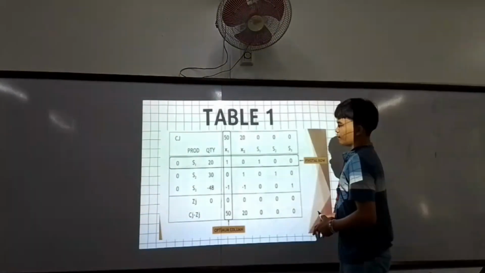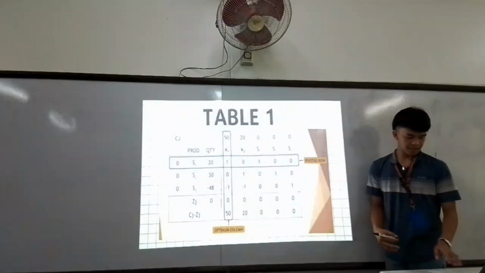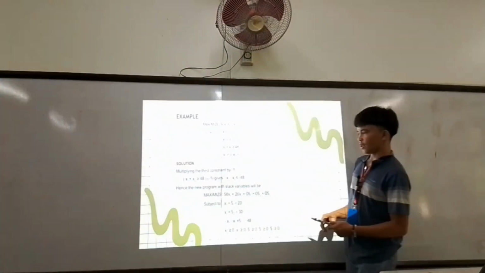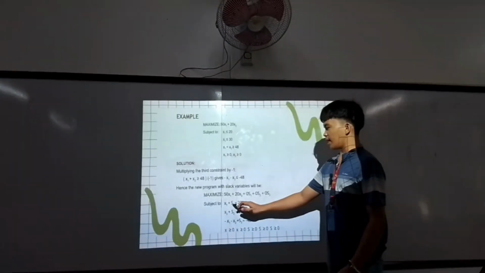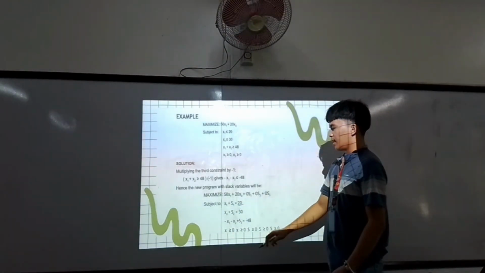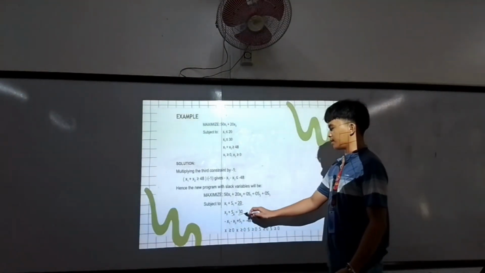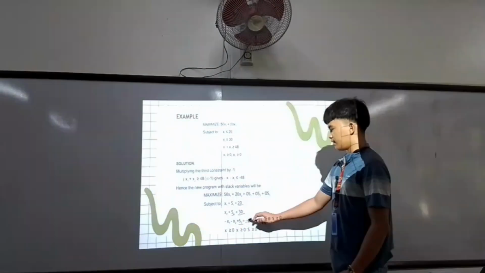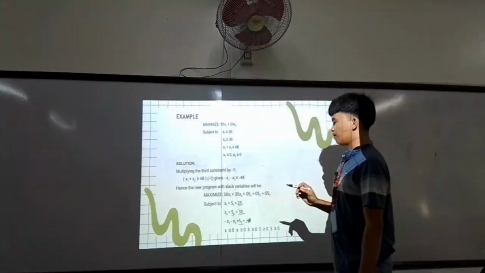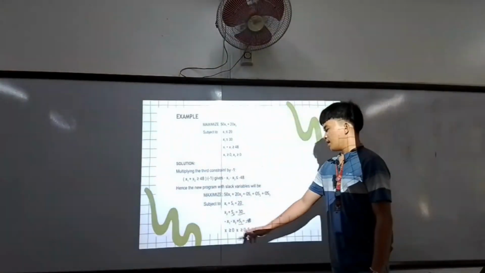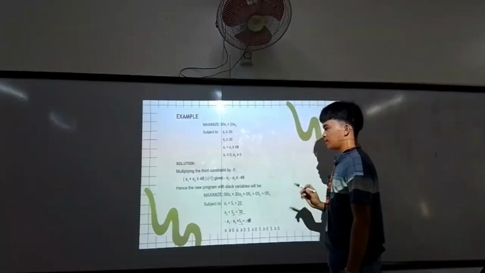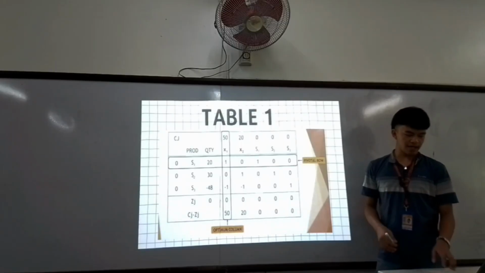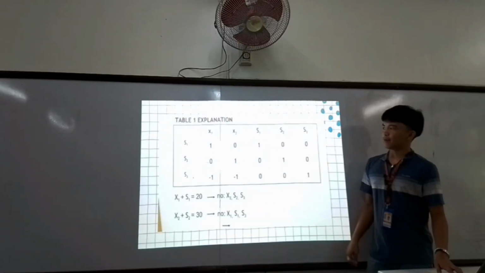If we check table 1, let's go back to our example. We have here S sub 1 equal to 20, S sub 2 equal to 30, and S sub 3 equal to 48. So our S sub 1 to 3 will become 1, 0, negative 1, and the rest are 0. See, for table 1 and table 1 explanation,